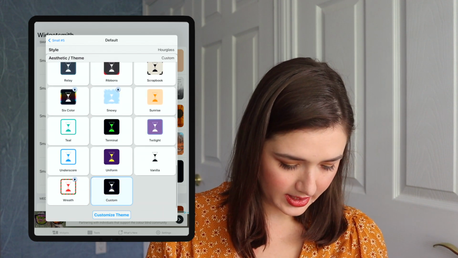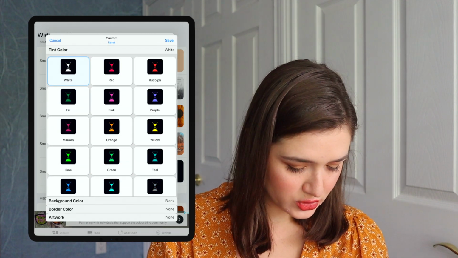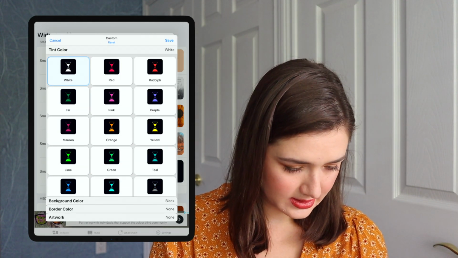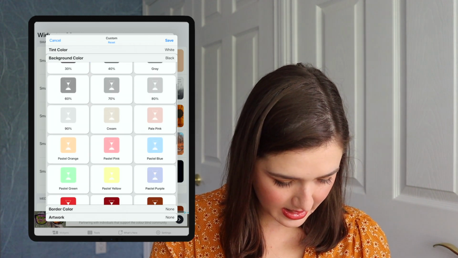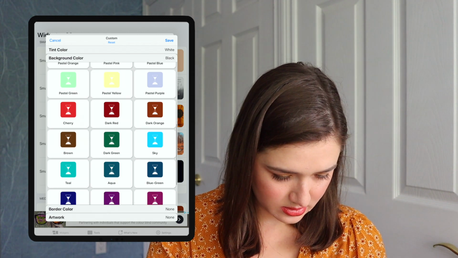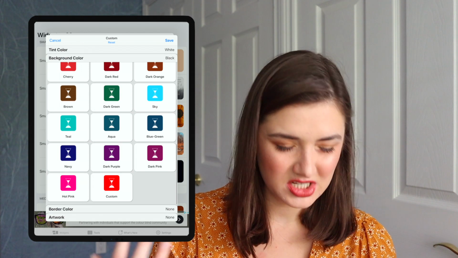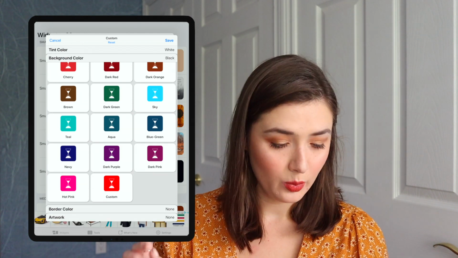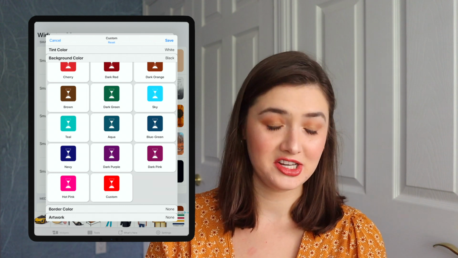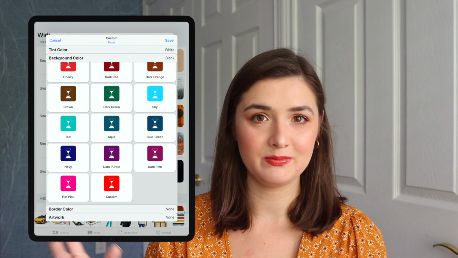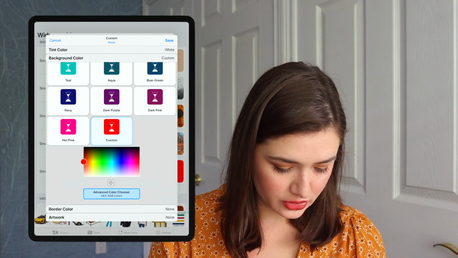But then there's also a custom theme, which is what I had been doing for the most part. Usually I would pick the white tint for the font, which is the hourglass, I guess. And then I was picking, was it the dark red? Yeah, the dark red, because it just kind of matched the fall theme, which is nice because then I don't have to edit all my app icons because they're pretty neutral. I can just edit the Widgetsmith ones between seasons if I want to go with the seasons.